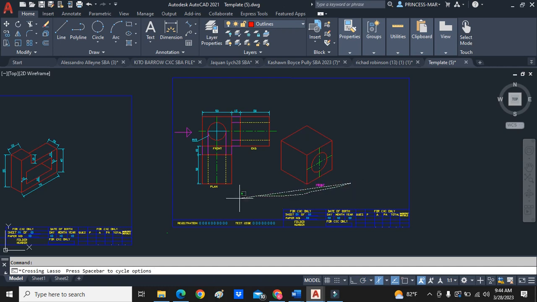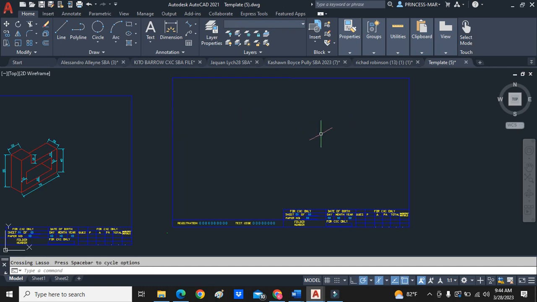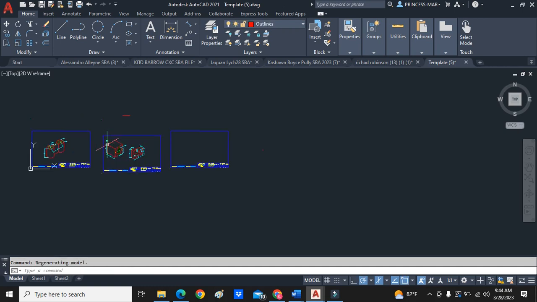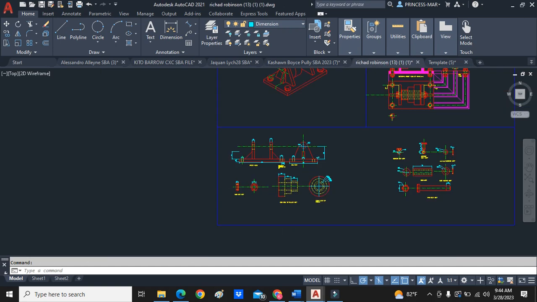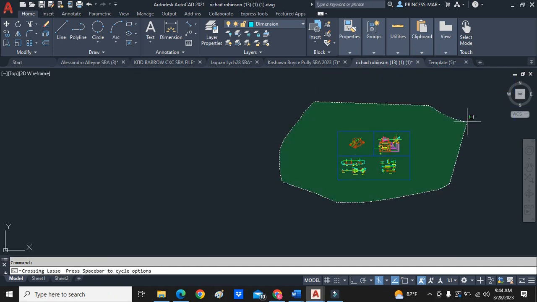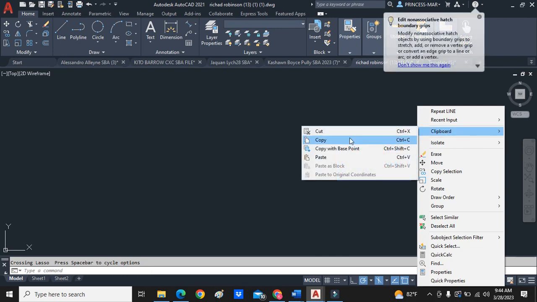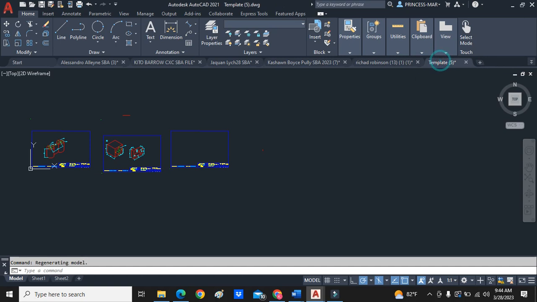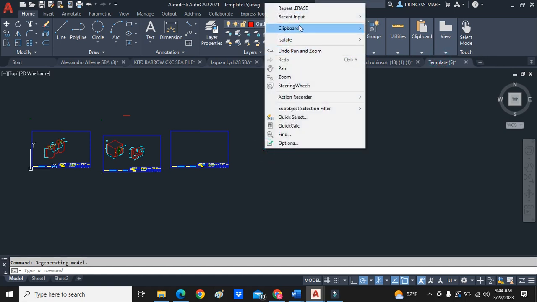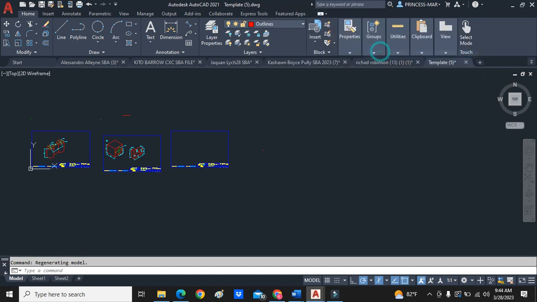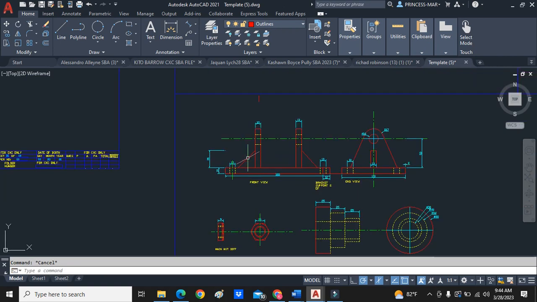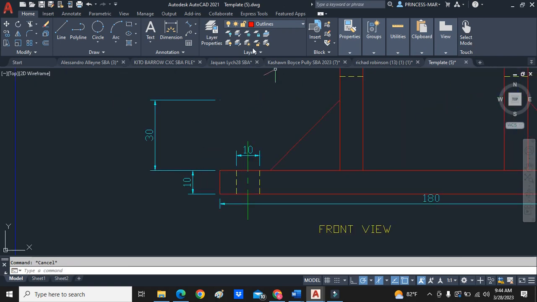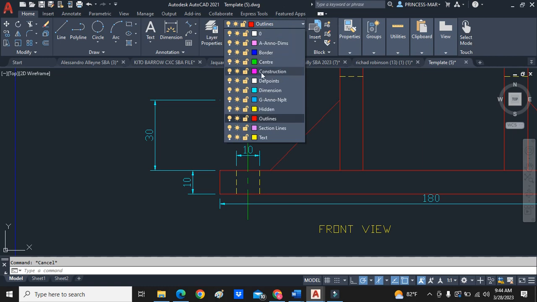Delete this work from here, and these borders, we're going to use these for the SBA. So go here, highlight everything, right click, clipboard, copy, and then we're going to the template and we're pasting here. So now that we have pasted this, it should be in the right template. So we dimension,